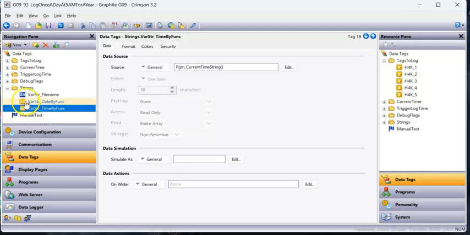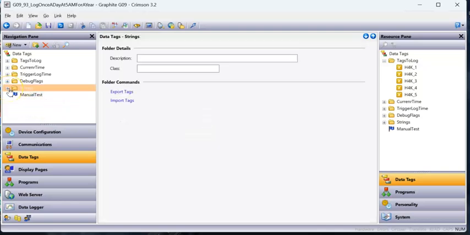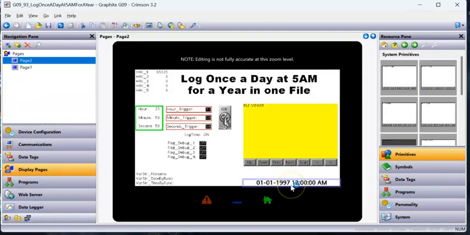Notice, team, the letters A, B. Those are string tags. Anyway, let's go ahead and try this. Oh, wait, one more thing. I said 5 a.m. Okay, so Redline's devices all have a real-time clock in them, and hopefully your clock is